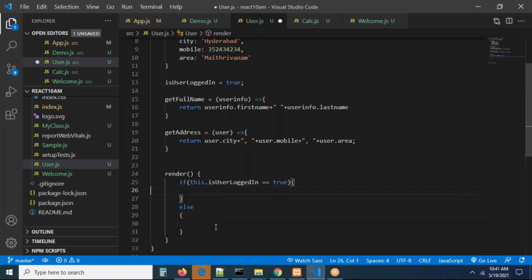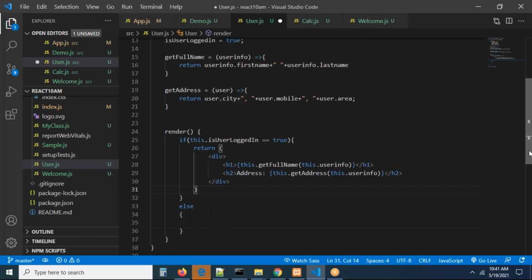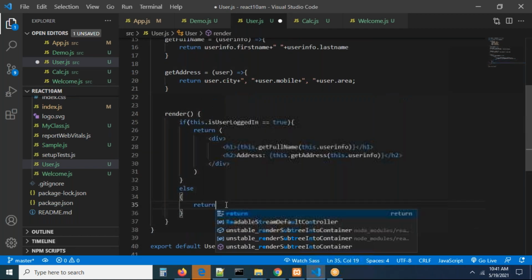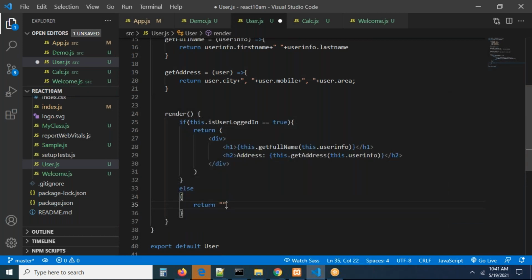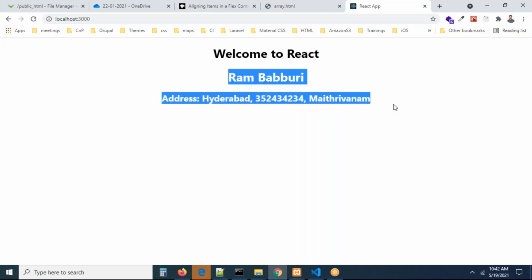If it is logged in successfully, I'm returning this. You can see we can write the return statement conditionally also. Otherwise, I'm writing return with an h2 tag or anything. You can take h2 open, h1, please log in. I'm going to display a message called please log in here, something like this. Now, let us see what you are getting. Because the value is true, you are able to see it.